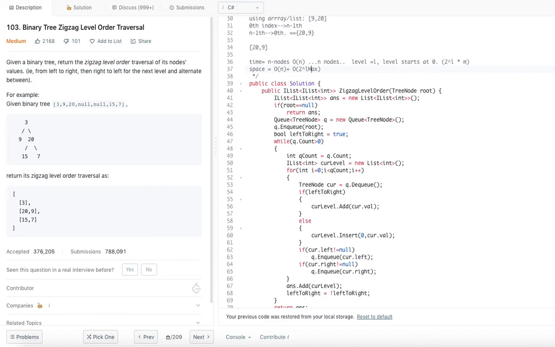So the space complexity will be order of n plus 2 power L max. That's how the code and algorithm works.